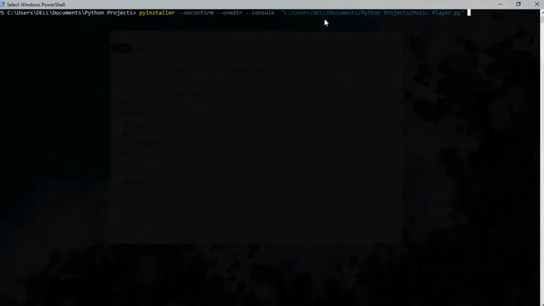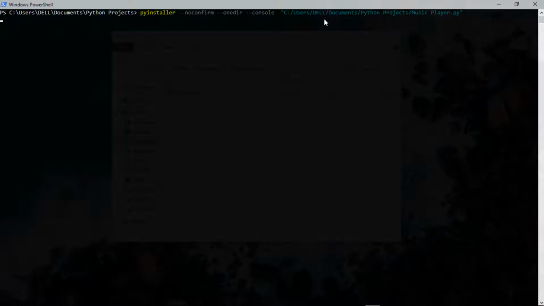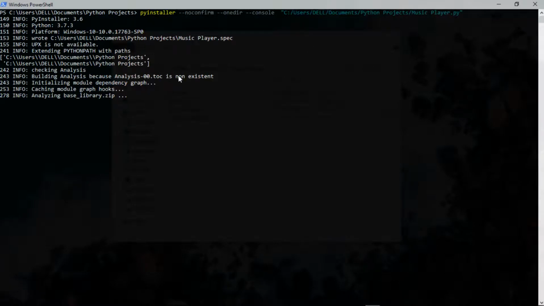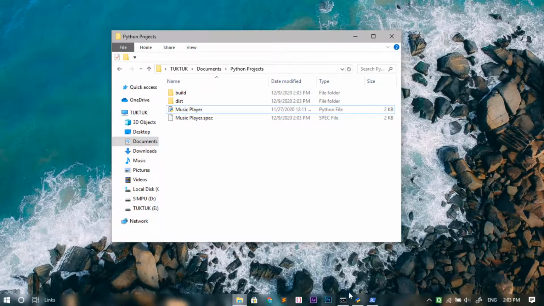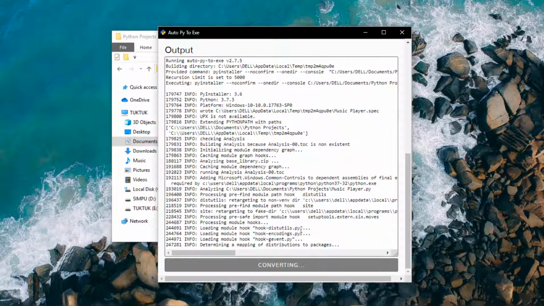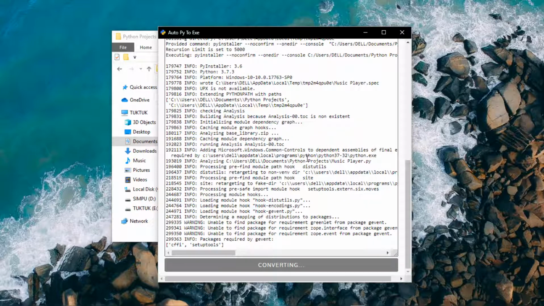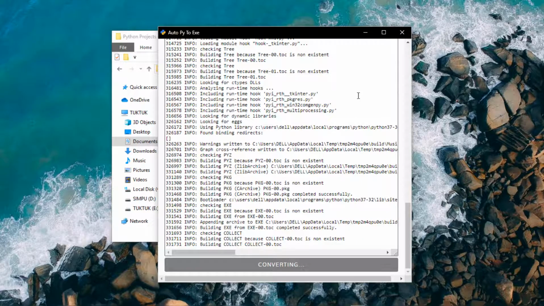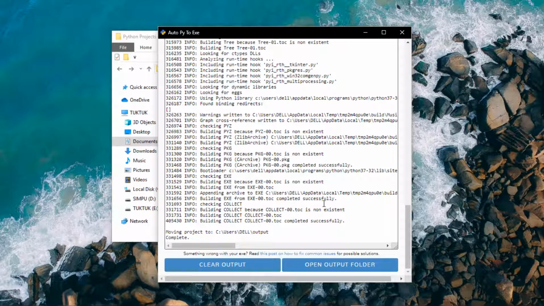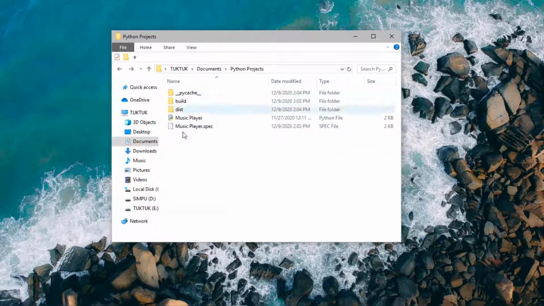Now hit enter, and once you have entered it, you will get your project. Let me minimize this and show you where our project is. Basically it is converting the file. Now it will take some time, just around 10 to 20 minutes. So here you can see we have the output. Now you can click this open output folder, then you will go over to this folder basically.